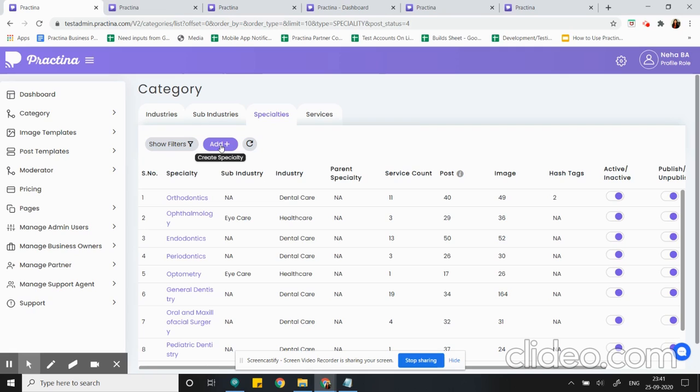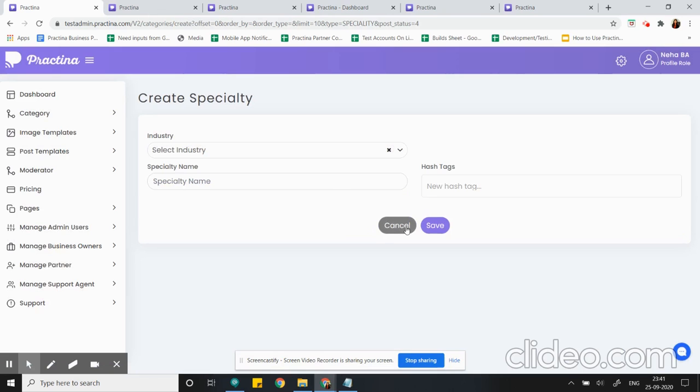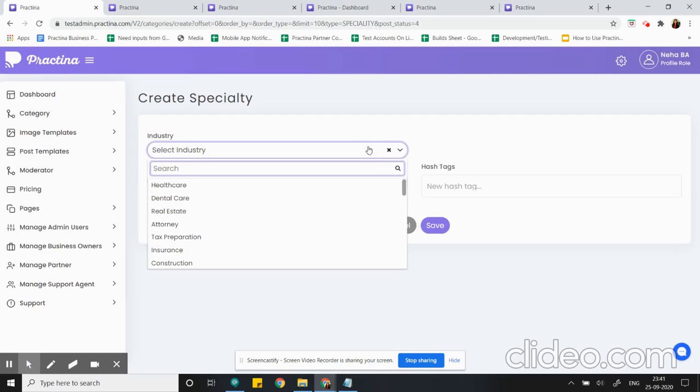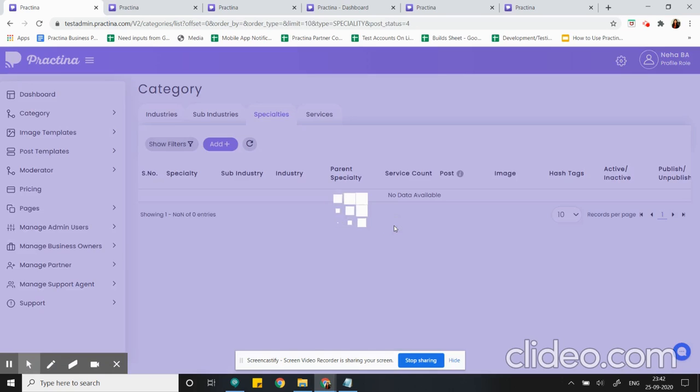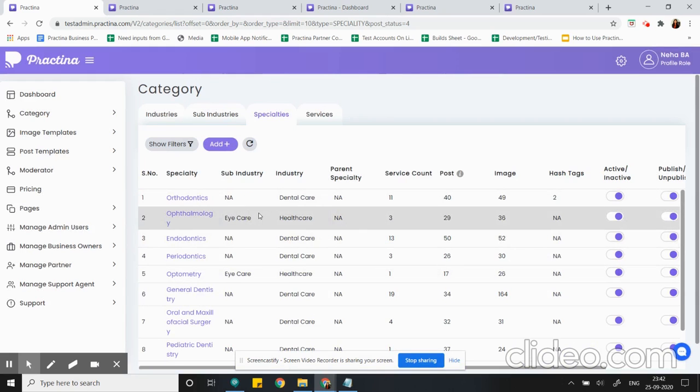I can also click here and create a new specialty. For this, I have to select an industry first, following the hierarchy. Once I select the industry, I can create a new specialty under it with hashtags. If I click on save, it will get listed here among the other specialties.